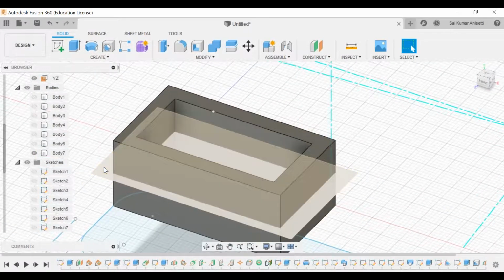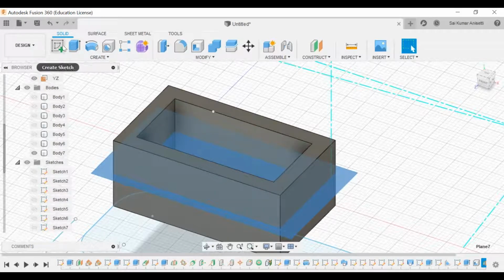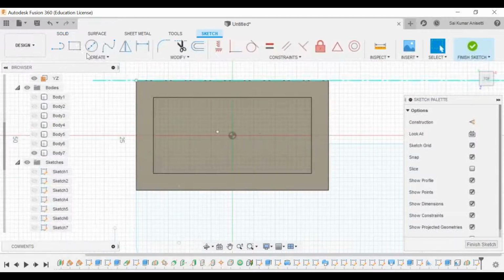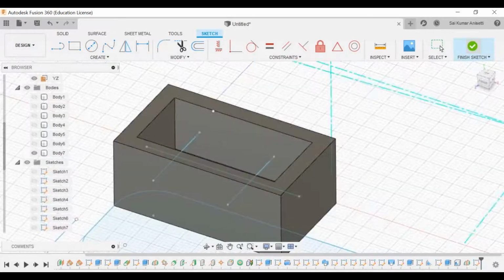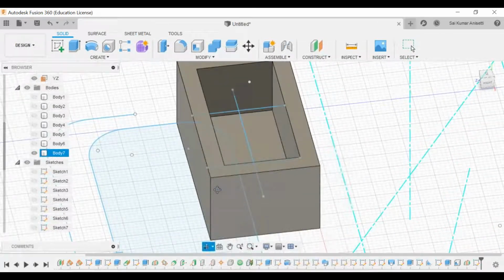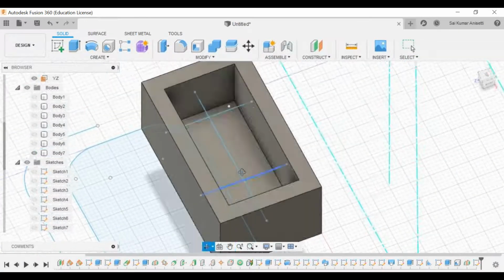So exactly on this plane, I'll draw some random profile. You can draw your honeycomb structure or whatever it might be. For the time being, I'm drawing simple straight lines in order to show how a simple web works. Okay, now finish sketch. It works just like a simple rib, but these are called a web.